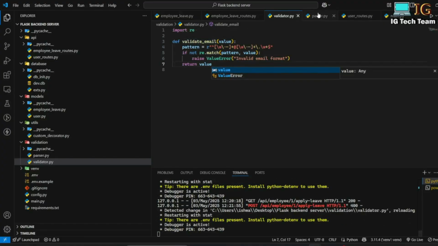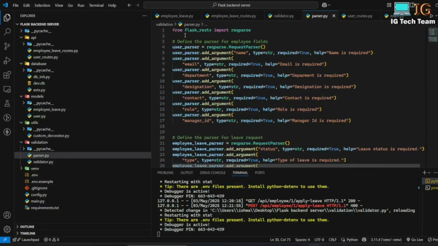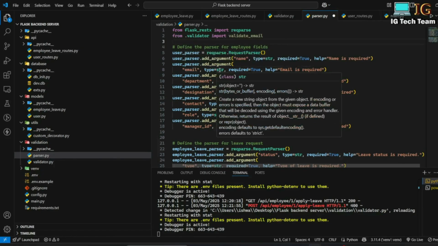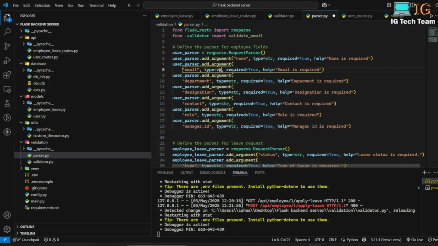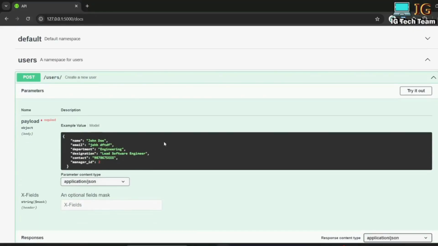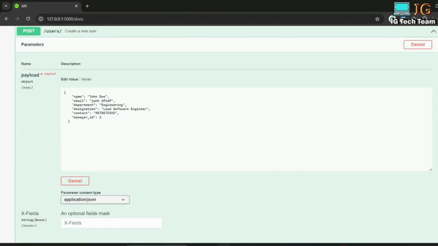Now in my parser here I'm going to import that validator. From .validator I'm going to import validate_email, and this is my email field. I have to pass here in this type, I have to call my validate_email. Okay, this is it. Ctrl+S, and in my API document now, if I try it out, if I send